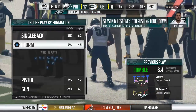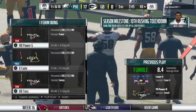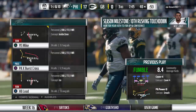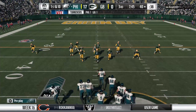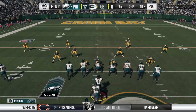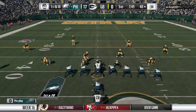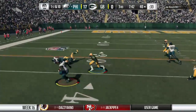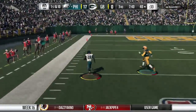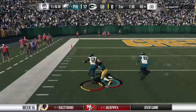So here are the Eagles now as they get set for their first possession of the second half. This is sort of what you would call a put-away drive, isn't it? They score here, especially a touchdown, it's almost out of reach. It certainly feels that way, and I think that they're going to call their plays accordingly because what you really want to do, even though you know the scoreboard is still up there and the game's going to go on,